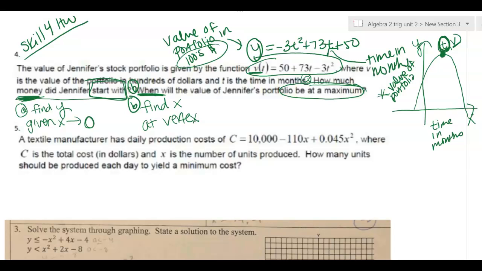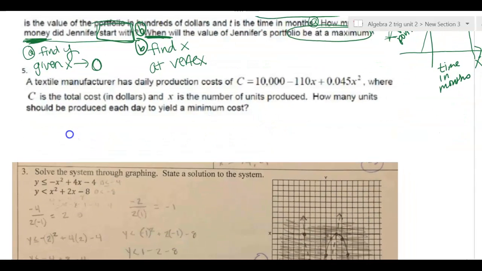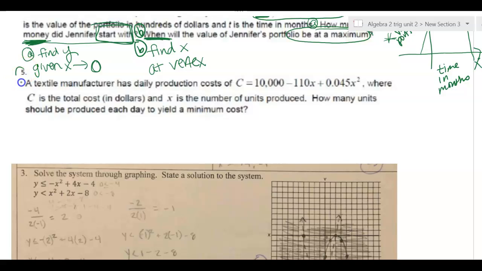I'm going to show you one more, and then if you want to see the actual solutions to these, go back to the Skill 4 homework solutions. I'm just trying to help you process X values versus Y values in these scenarios, since that was the struggle. So here's one more from the same skill homework, but this is just the next problem, number 5. So it says a textile manufacturer has daily production costs of, and then it gives this equation where C is